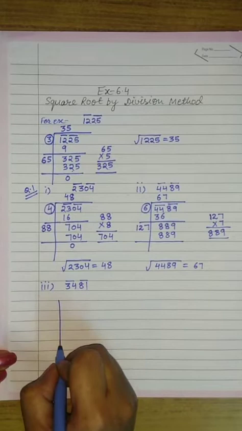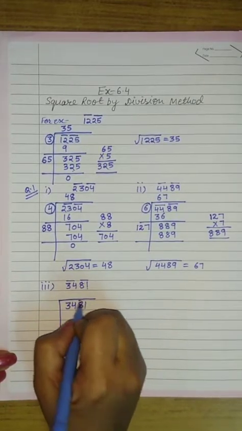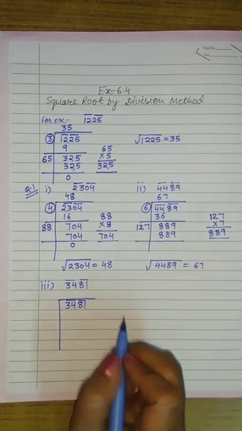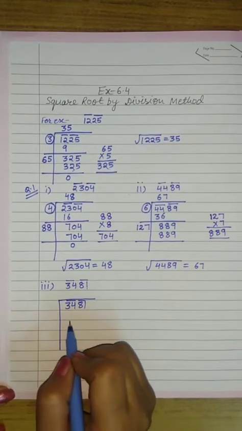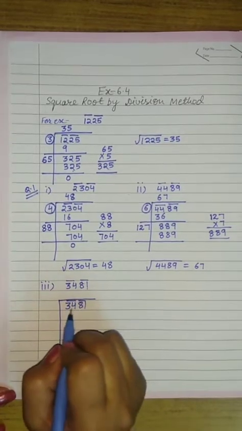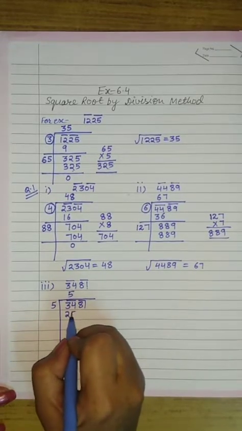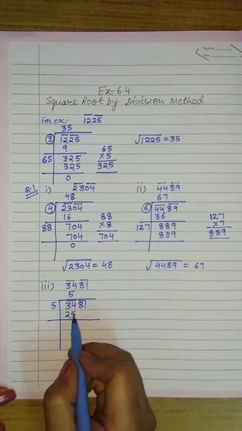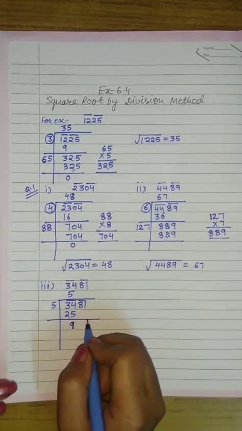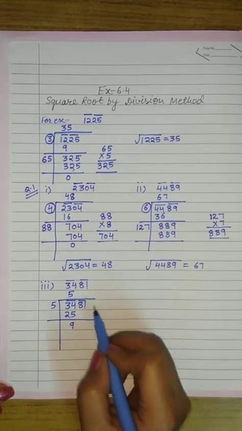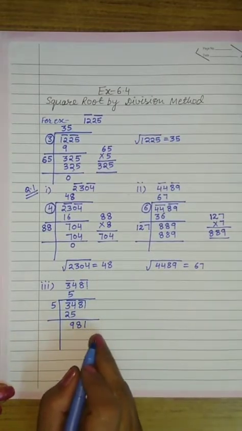Now when we are finding the square root of this number by the long division method, the number under the first bar is 34. So we will think of a number which, multiplied by itself, is less than 34. That will be 5, 5 5s are 25. On subtracting 25 from 34 we get 9. Now we will bring down the number under the next bar, that is 81.